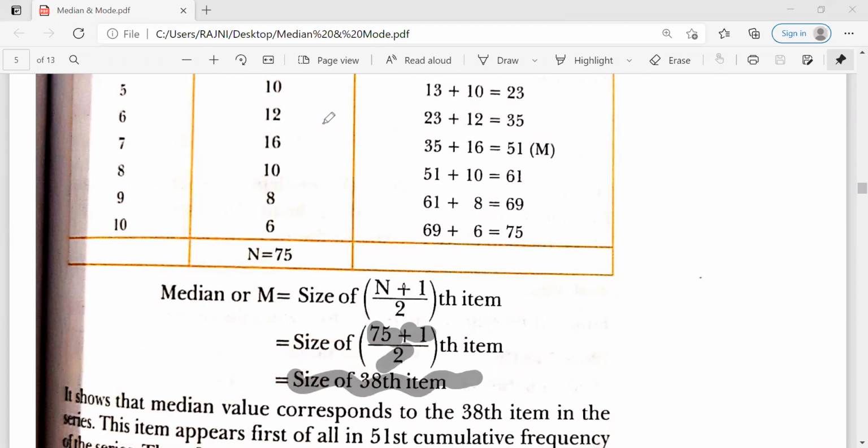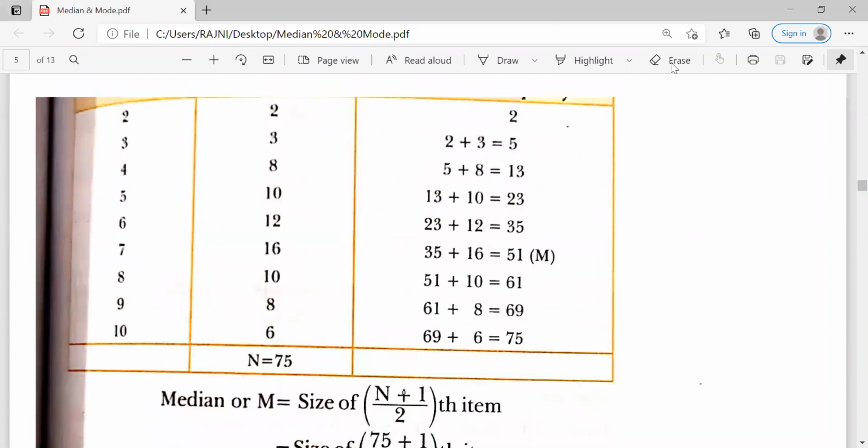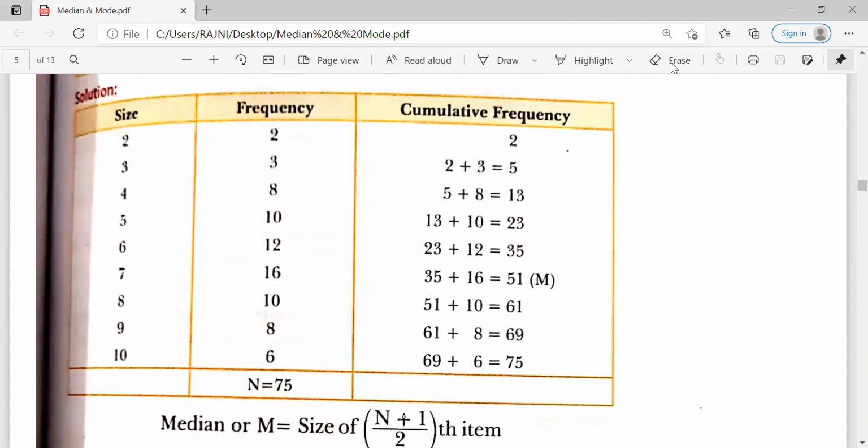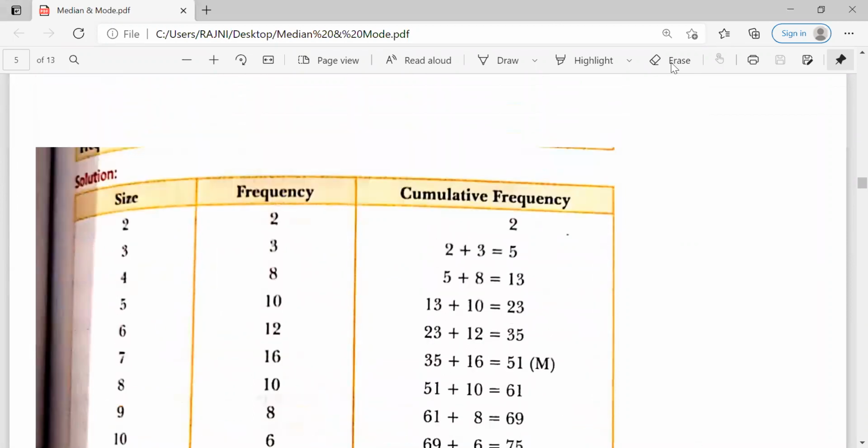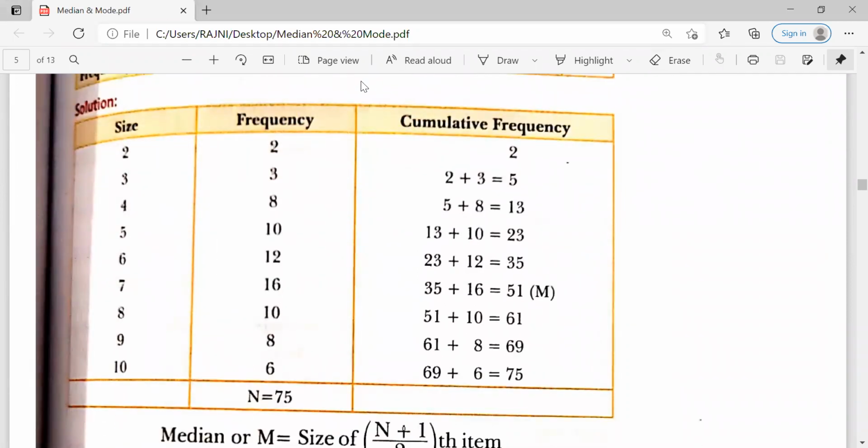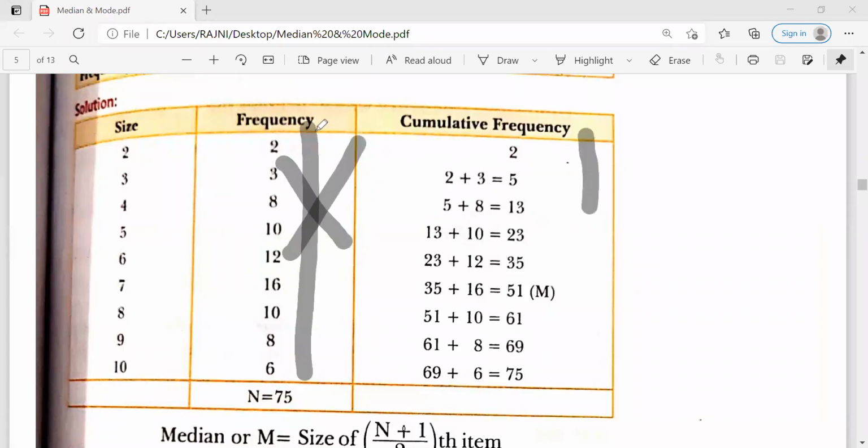Now think very carefully: we just have to check the CF. You do not have to check the frequency. You just have to analyze the CF in order to find the median value.